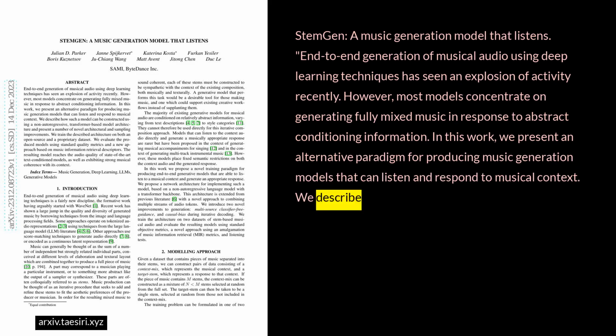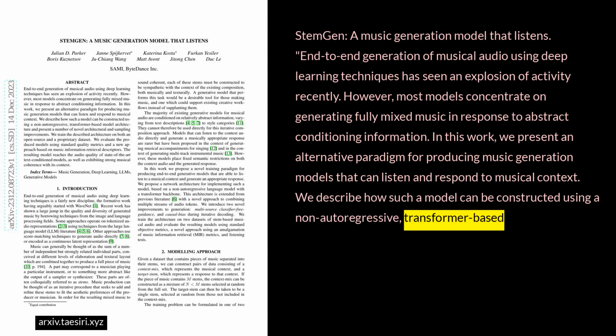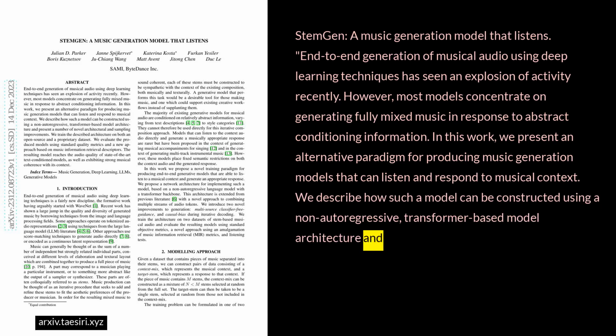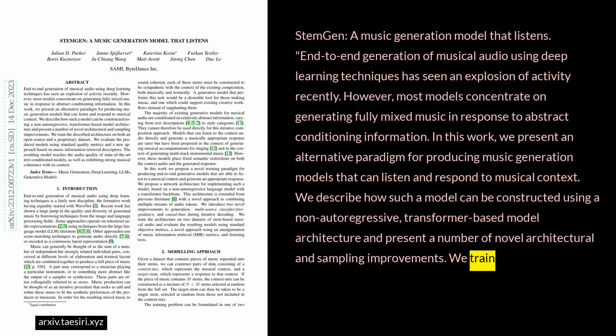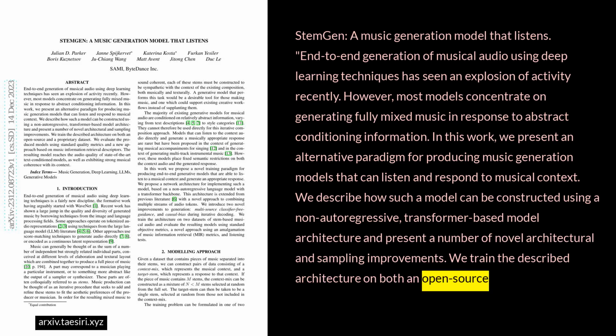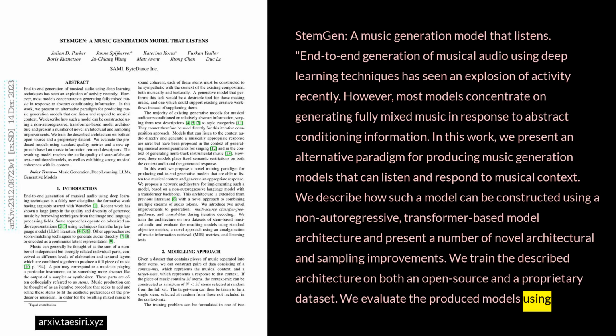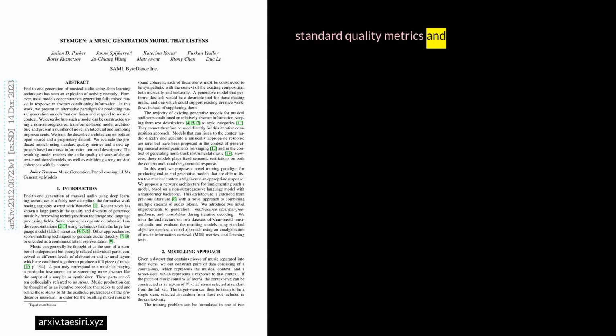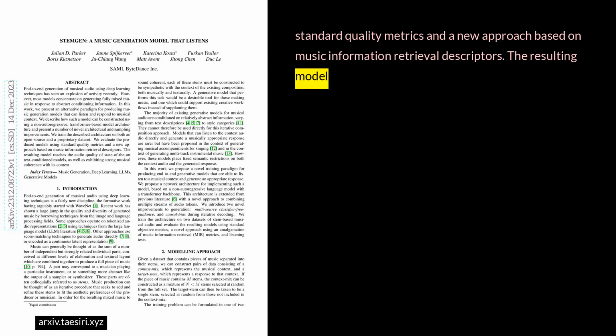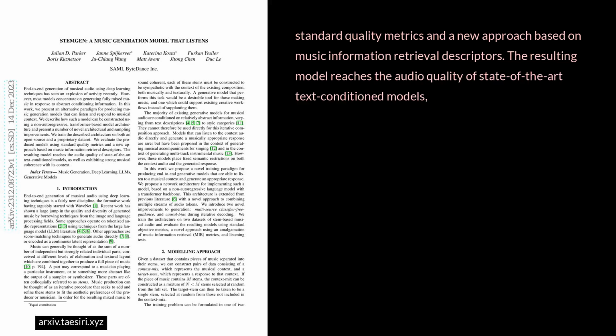context. We describe how such a model can be constructed using a non-autoregressive transformer-based model architecture and present a number of novel architectural and sampling improvements. We train the described architecture on both an open source and a proprietary dataset. We evaluate the produced models using standard quality metrics and a new approach based on music information retrieval descriptors. The resulting model reaches the audio quality of state-of-the-art text-conditioned models, as well as exhibiting strong musical coherence with its